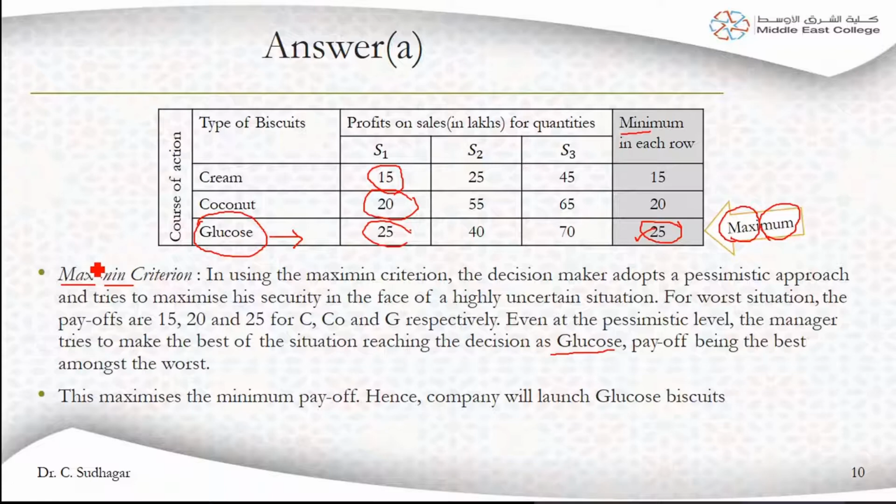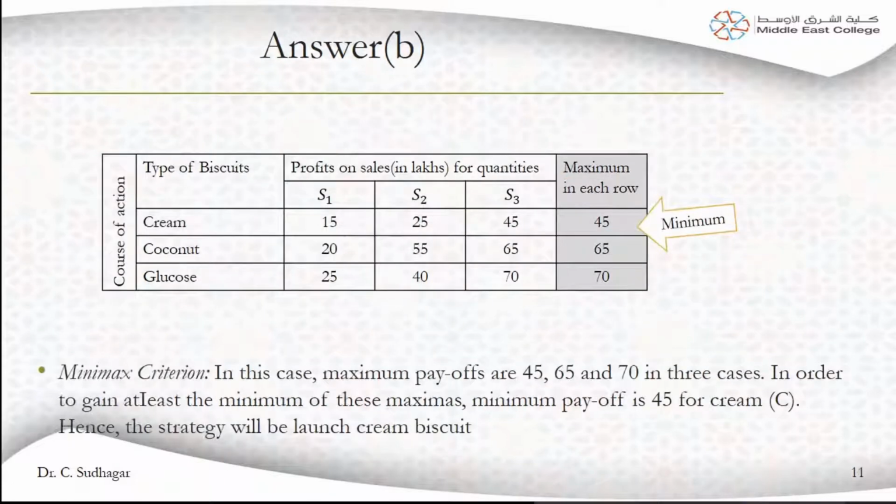Second part is, so everything goes in favor, then out of which we are going to make the smallest profit. Everybody is coming to buy and the full market is open like that. So then how much is the minimum profit we can expect? What is the assured profit we can expect? So that is called the Minimax criterion.